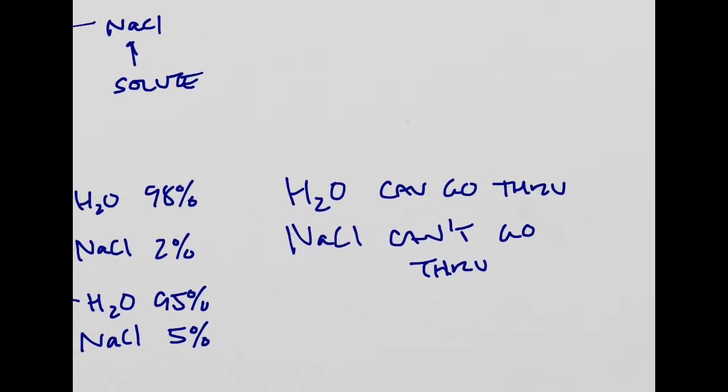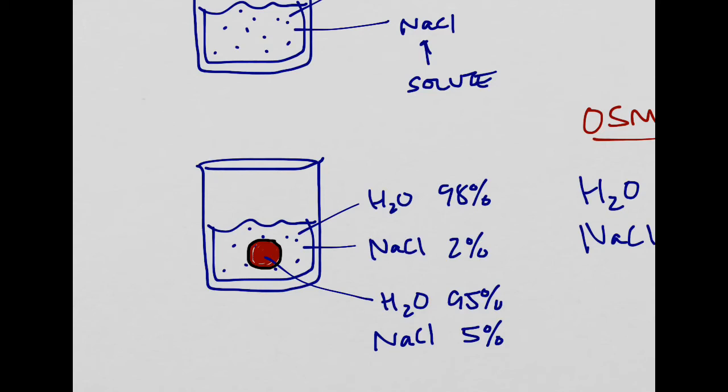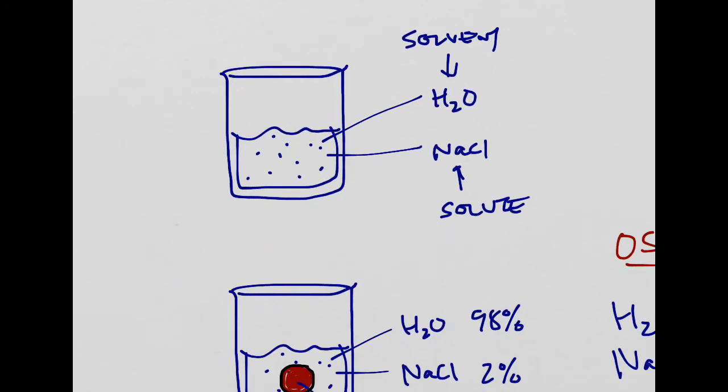Now this is going to be a very important thing because there's a process, there's a term called osmosis. And osmosis is the movement of water through a selectively permeable membrane. And that's exactly what we have going here with this, let's say it's a red blood cell hanging out here. Okay? So if the salt can't move, but the water can move, and we understand the concepts of diffusion, which